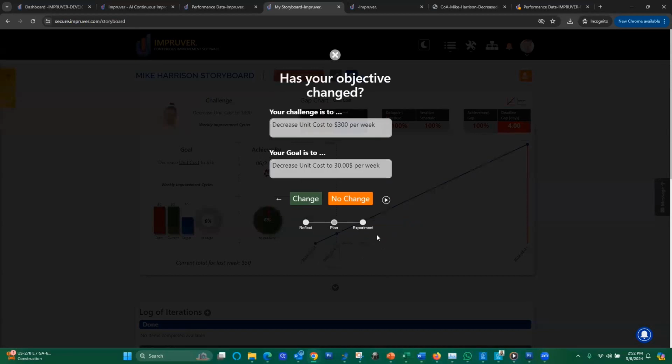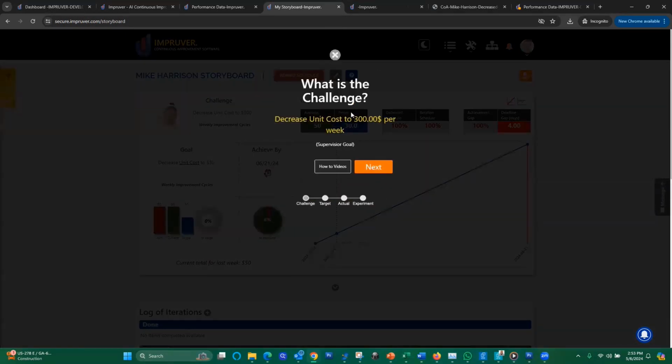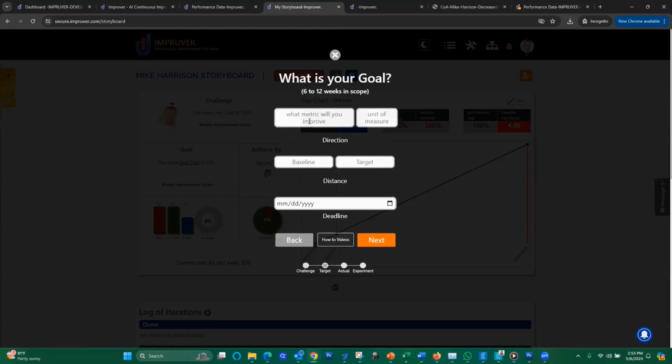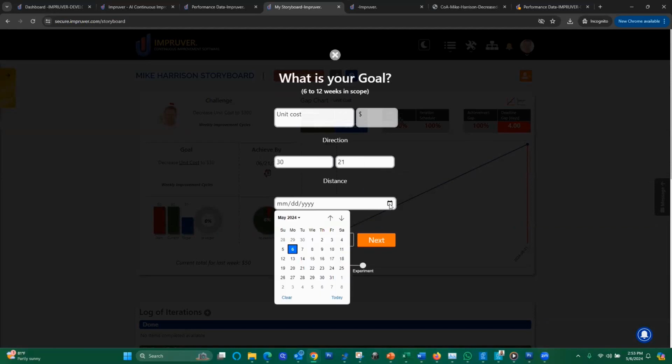I click next. So here's where I can pivot my goal. So if I were to go no change, it means I want to keep going in the same direction. I don't want to change my goal. But if I hit change, it's actually going to take me to a workflow that allows me to establish a new goal. So here's my boss's challenge, decrease unit costs. So I'm going to go next. So I'm also going to focus on unit costs because I feel like there's more opportunity. And right now we're at $30 a unit, and we want to get to $21 a unit. And we want to do this by